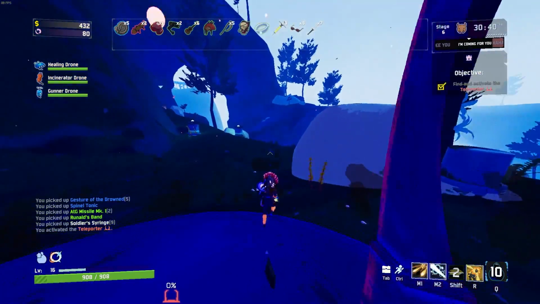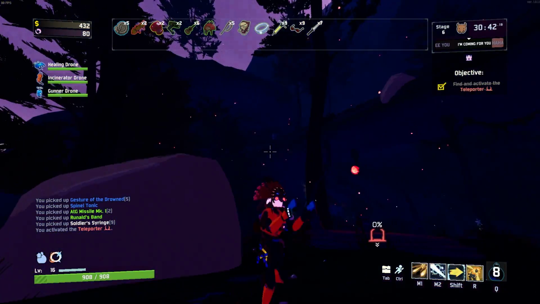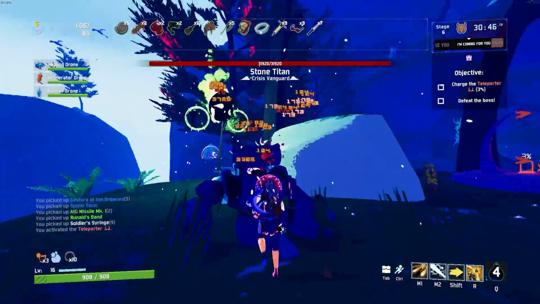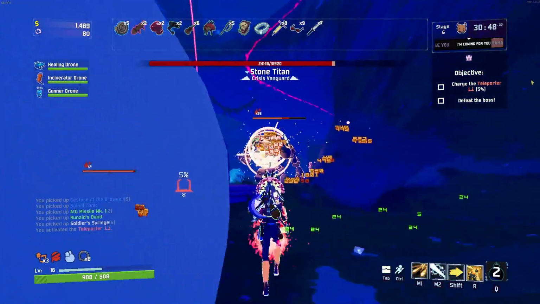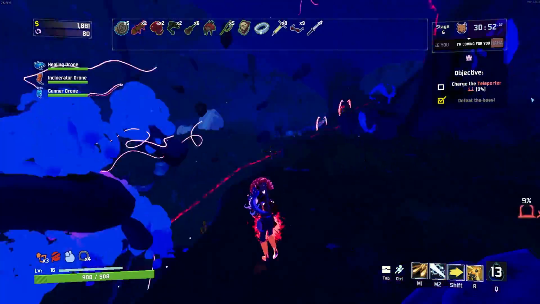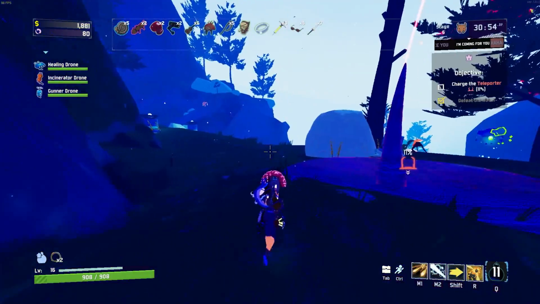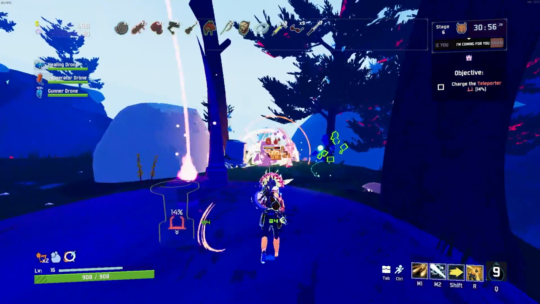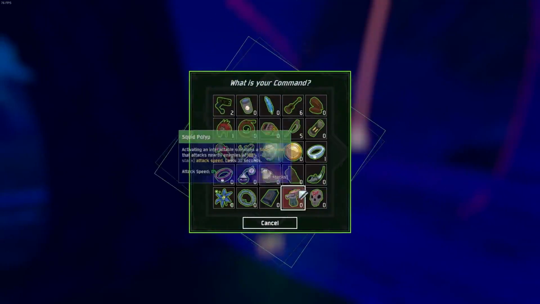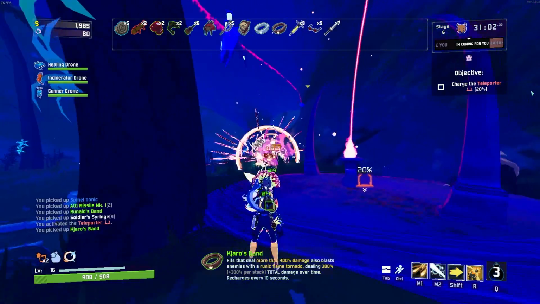All right, let's see how long this boss can last. A stone titan, you say? Well, let's clear these little titans out. And I think we can deal with them no problem. Holy shit! Okay, so the reason we only need 2 of the missile launchers is because we're setting up yet